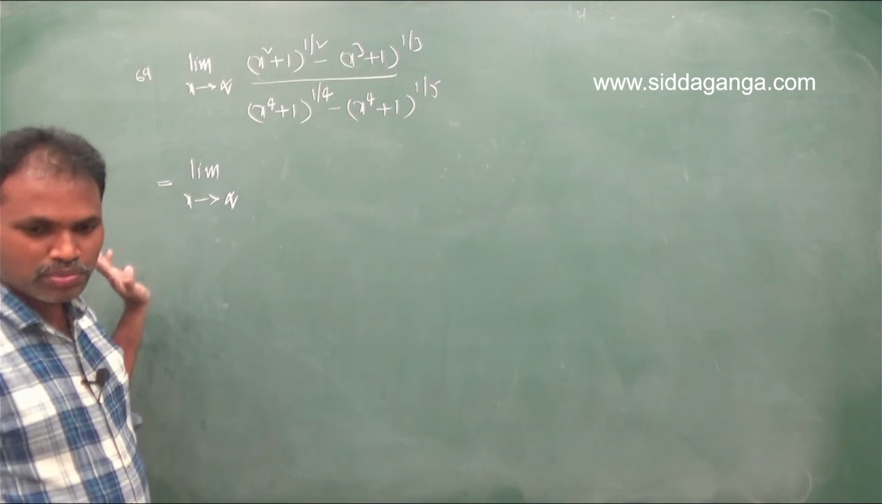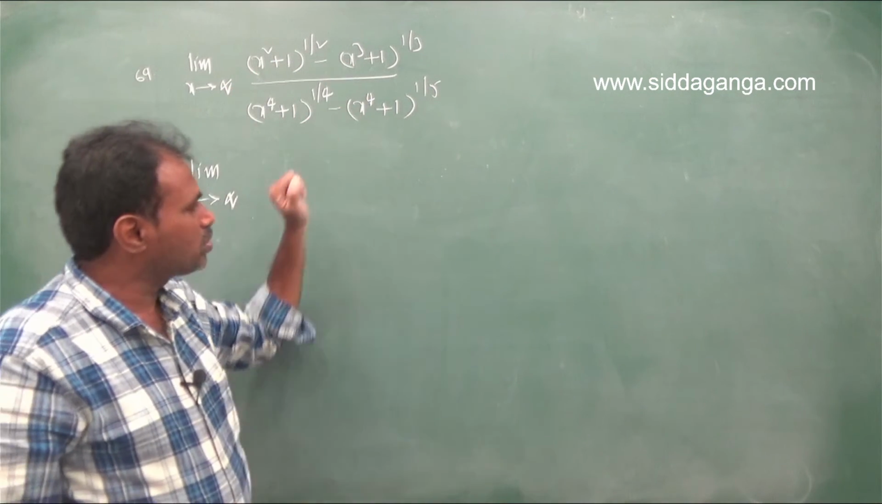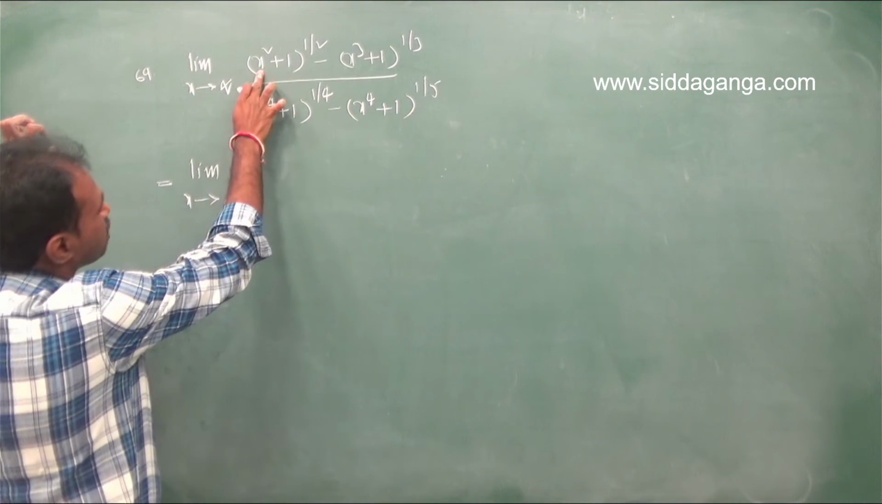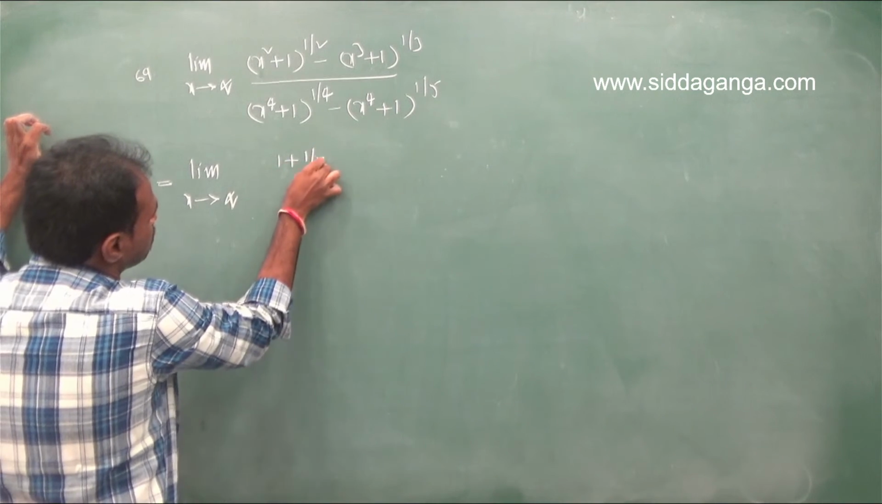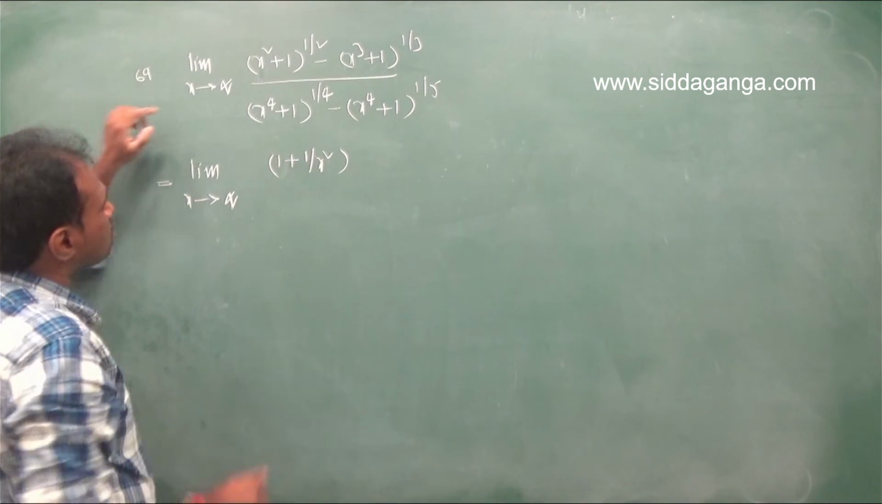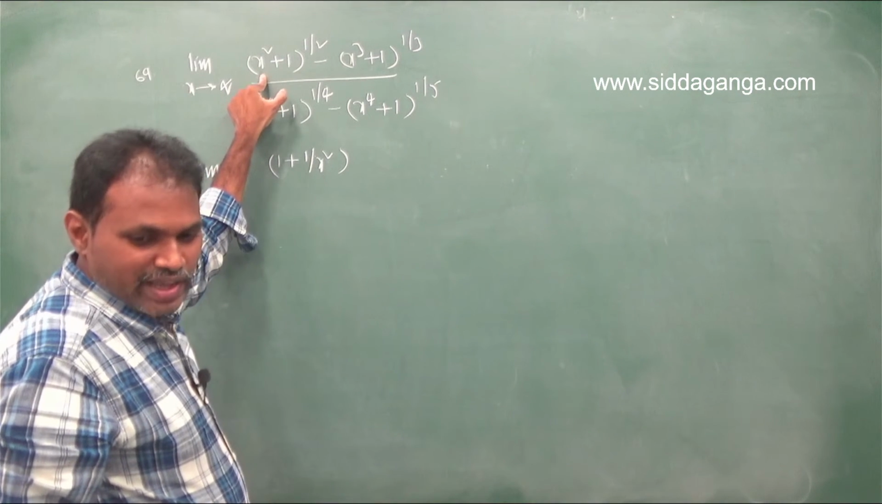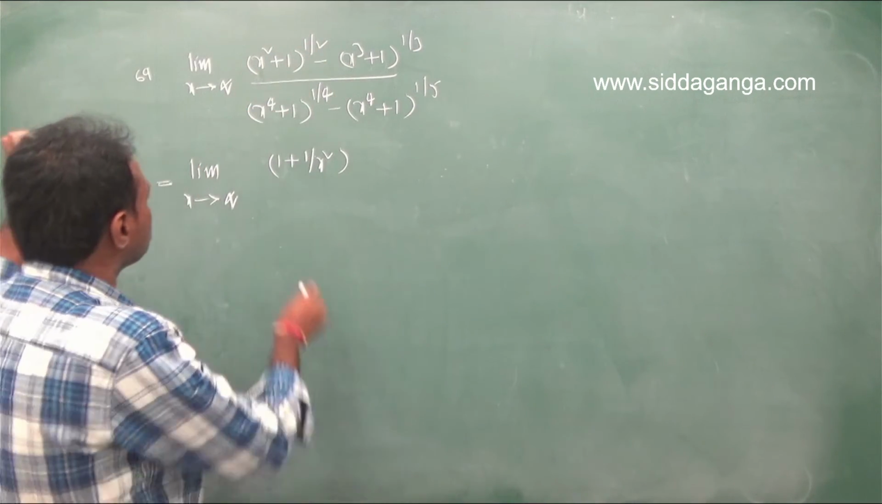Now, as x tends to infinity, we have to take the highest powers common. Therefore here x square, here x cube, here x power 4, here x power 4. I am taking x square common here. If you take x square common, then 1 plus 1 by x square, whole power 1 by 2. x square whole power 1 by 2 means x,